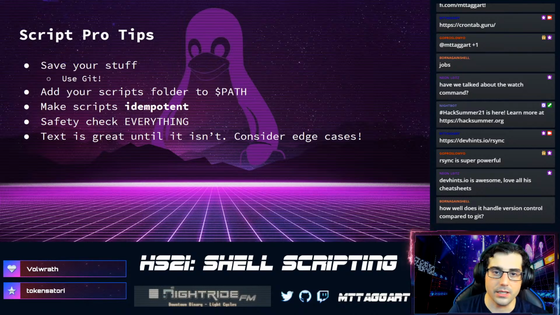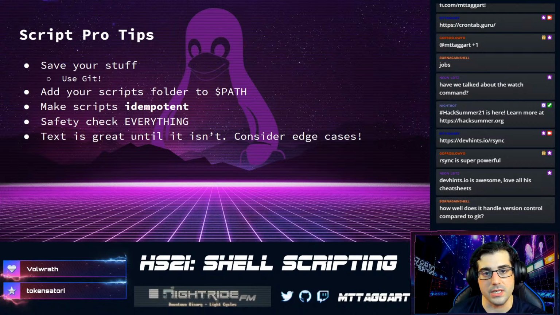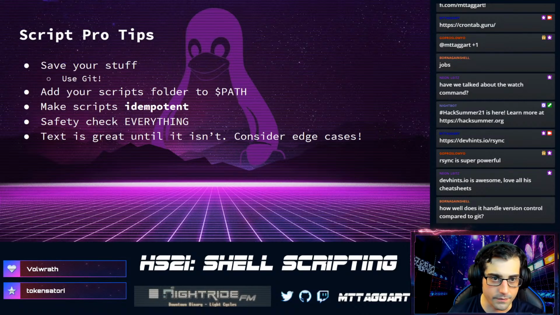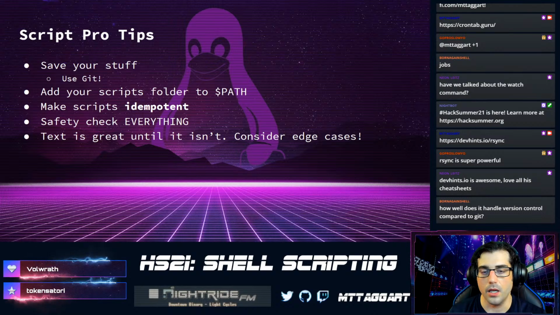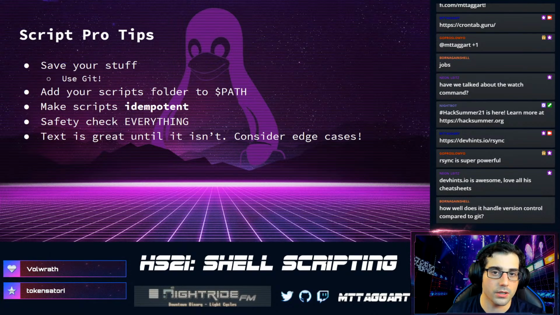And then lastly, in the shell scripts, as we've seen, text is cool right up until it's not. And then all of a sudden, you're going to need something more structured. And for that reason, I'm going to again ask you to consider that as fun as bash scripting is, and as useful as it is for many, many cases, if you are on this path of learning how to use these systems, or if you're on the InfoSec path and you're trying to become an analyst or something like that, please, please consider adding a scripting programming language like Python to your repertoire.